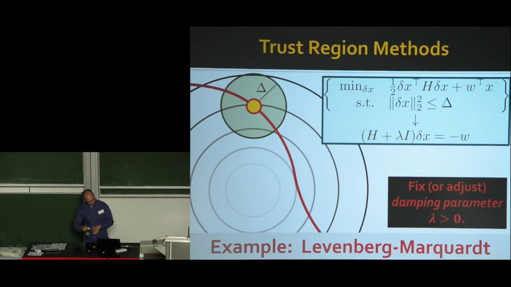Finally, one method that's worth noting is the trust region method. Essentially, I can take Newton's method, like the quadratic approximation I had before, and minimize it, but build in a linearization of my constraint. I've now taken a quadratic approximation of my objective and a linear approximation of my constraint, so I've approximated the heck out of everything in my problem. Maybe that's okay locally, but if I start going too far, it's going to become a bad approximation. So trust region methods say I'm going to step a little bit in the direction that makes this constraint problem happier, and then update my approximation, and so on. So with that, I'll hand it off to David